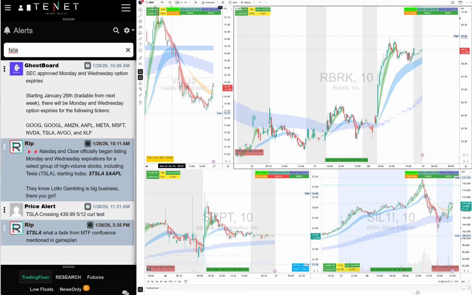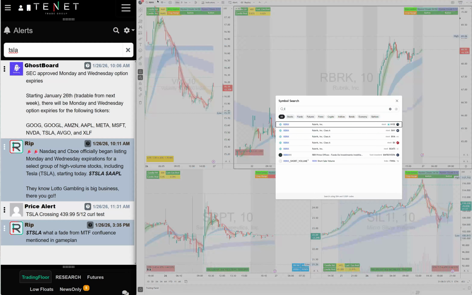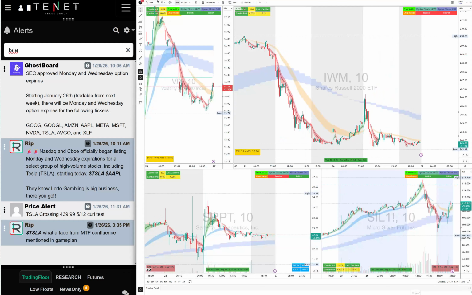Now, the softwares were strong, but the hotties were weak. So what are the hotties? Hotties is basically IWM, the smaller companies which need a lot of money, loans. They need money to grow. They're not proven companies. They are mid cap, $1 billion, maybe less, a few $1 billion. So that comes in IWM. They were weak today. So there was no long in IWM.